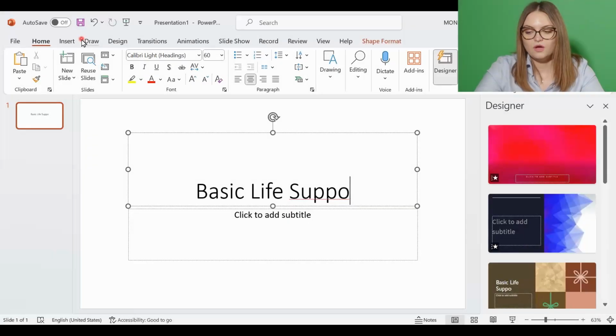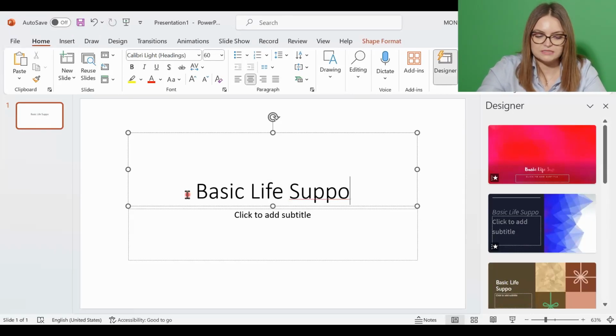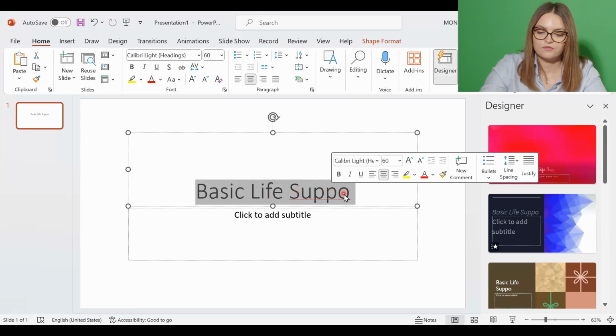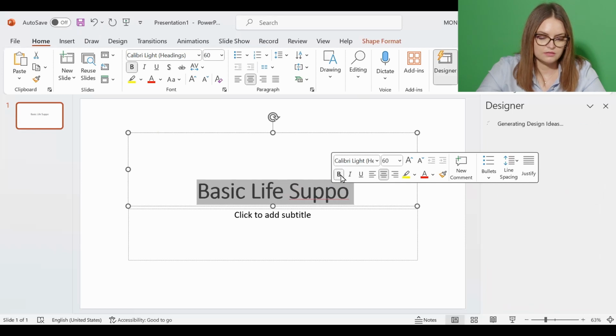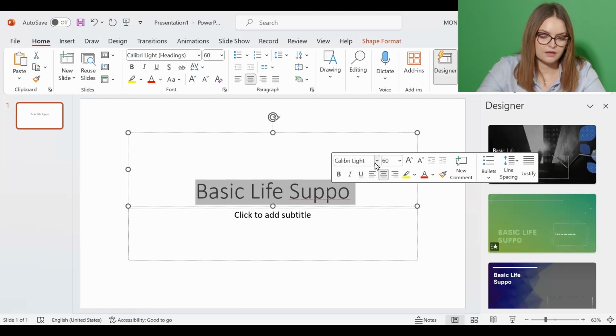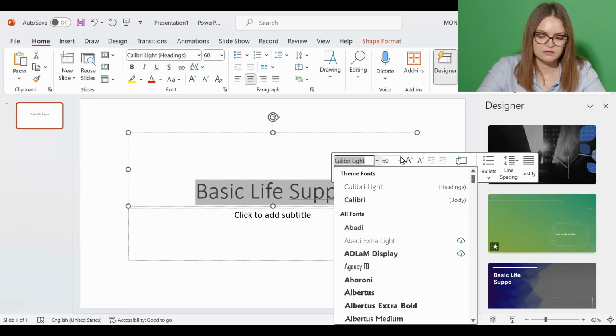the ribbon. And if you want to format or edit the text, you first have to select it by placing the cursor at the beginning of the text that you want to select, and then pressing the left mouse button and going until the end of the text that you wish to select. And you will see that this ribbon will pop up where you can change the type of text. You can bold it, make it italic or underline it, or select the font type from the drop-down list and